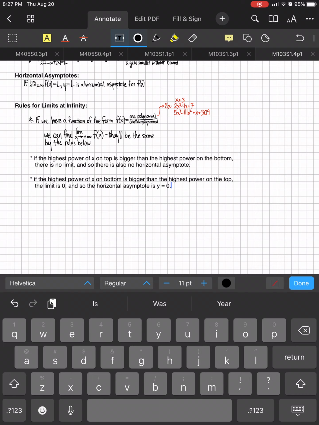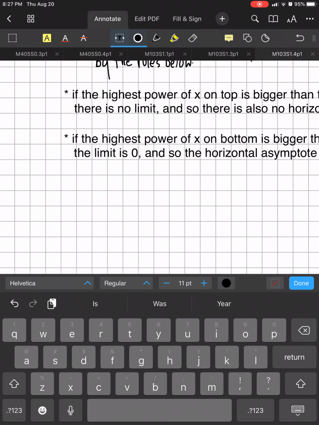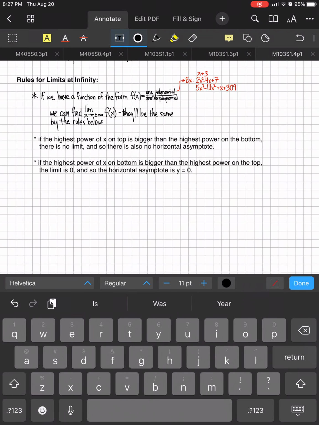Here you can think about that. The bottom is getting big faster than the top. So if we have a fraction where the top is much smaller than the bottom, we're getting something close to 0. Now we have one other situation, which you might have guessed what it will be,